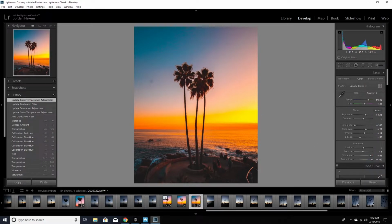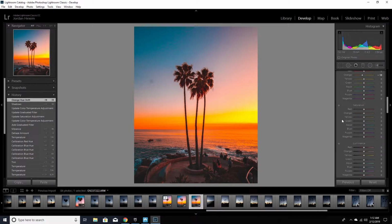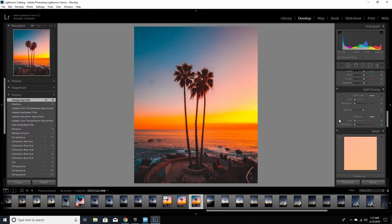What I kind of want to do though is make that a little bit brighter. So turn shadows up a bit. And I think that's looking good right there. Now you can mess with these sliders all you want, but honestly I think the image looks pretty good. So I'm gonna just change this orange and make it a little bit more reddish orange. Then honestly that's about all I did for this picture, or for this edit that I did earlier. Okay, so now